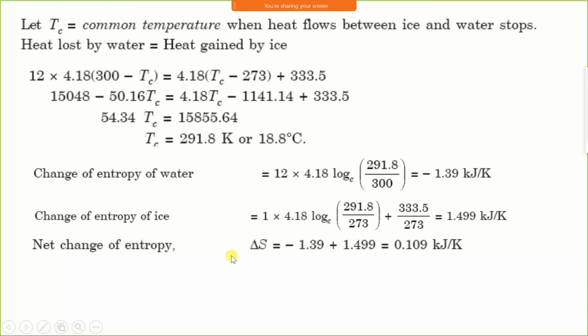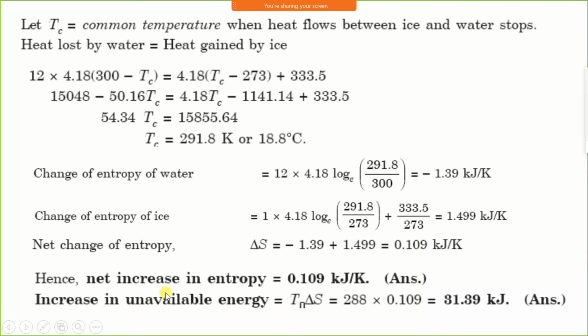Net change in entropy, that is delta S, we have to take difference of this. In this case it will be added because this term is in negative form. Minus 1.39 plus 1.499 is equal to 0.109 kilojoule per Kelvin. Hence the net increase in entropy is 0.109 kilojoule per Kelvin. And increase in unavailable energy